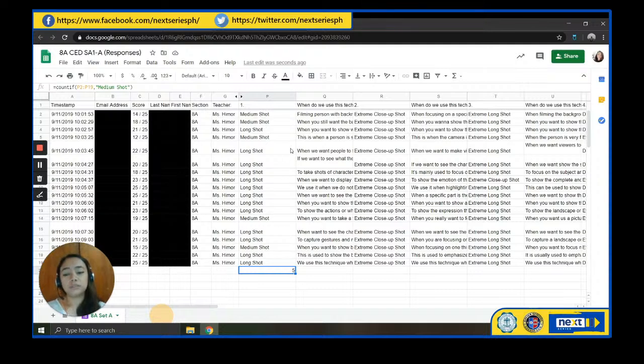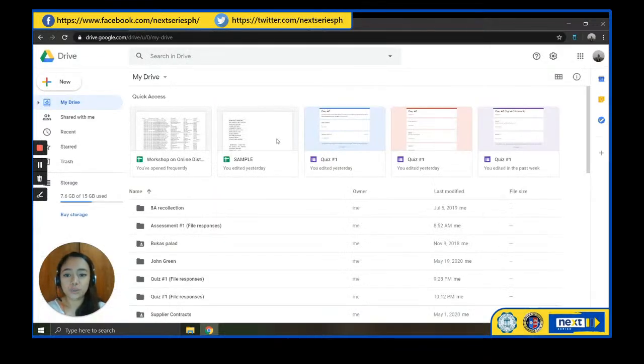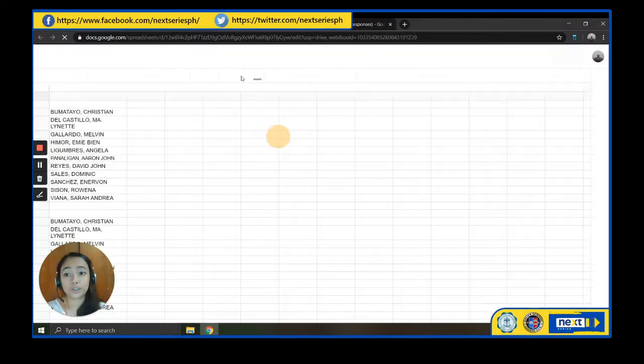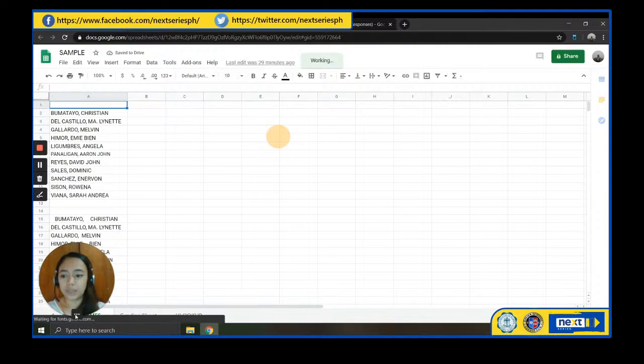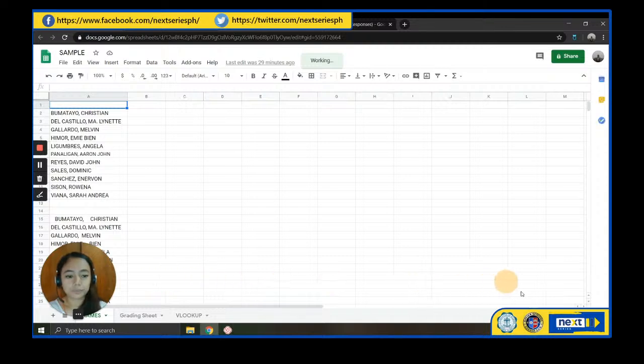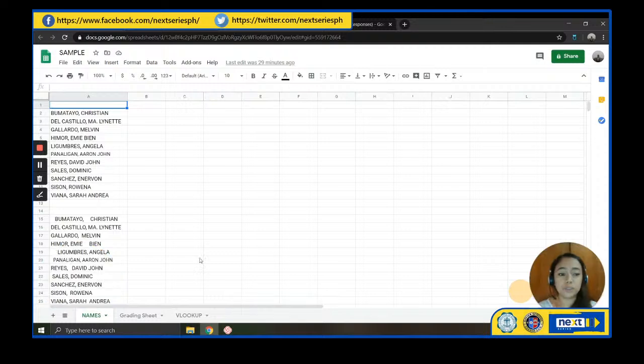Now, the linking of form and Google Sheets rather. Now, I will give you some tips in making your Google Forms organized or your grading sheet in Google Sheets organized. Okay, let me just move this here. Okay, anyway, usually the first thing that we do